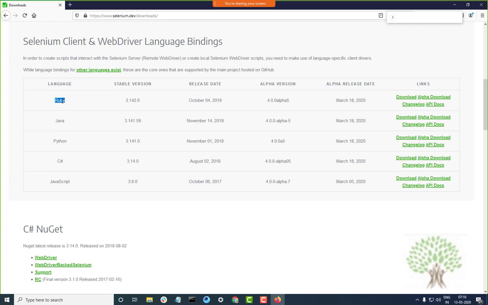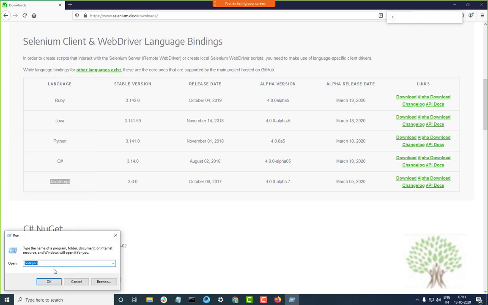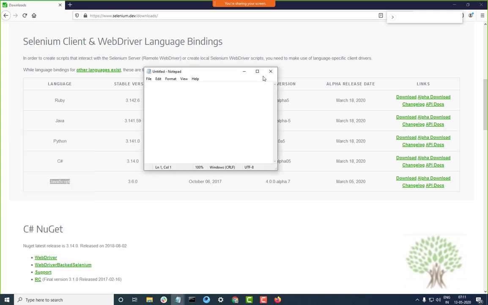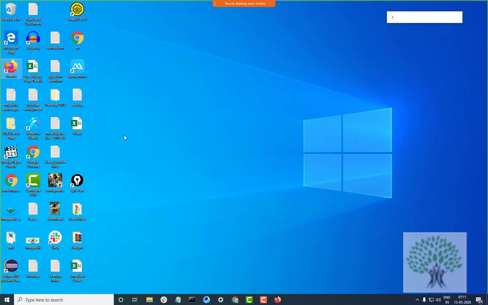And Selenium is available in many languages. It is available in Ruby, Java, Python, C#, JavaScript. The reason for that is, how come this tool can be coded in so many languages? It's very simple.